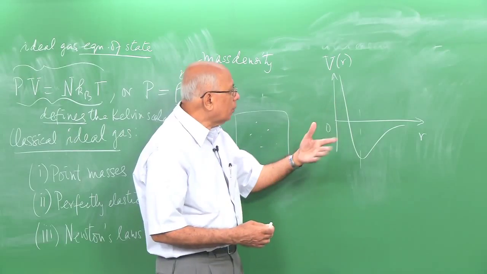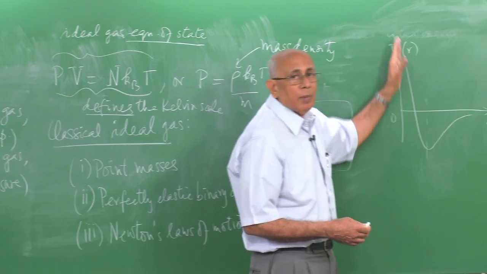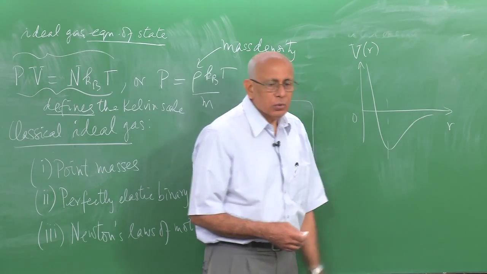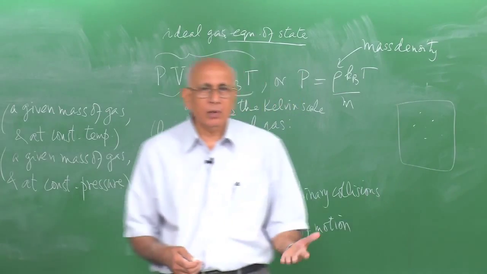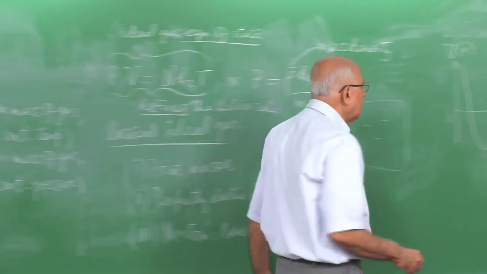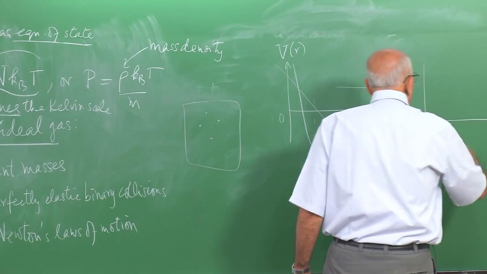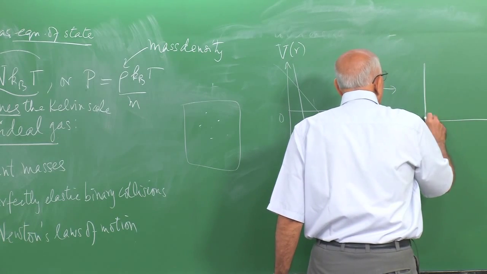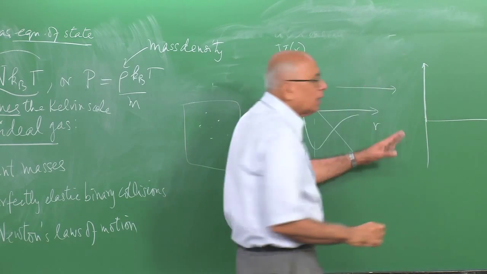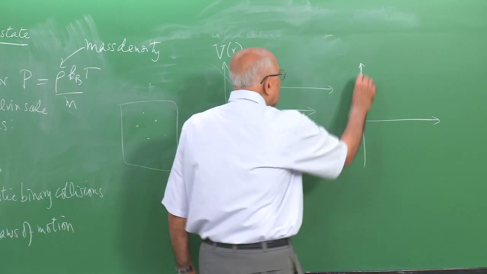And we also saw, I pointed out, that one simple model would be to say that this goes like 1 over r to the power 12, goes to infinity like that as r goes to 0, and that decays to 0 like 1 over r to the 6, called the van der Waals force or potential here. Now, this thing is replaced by the assumption that you completely neglect the attractive force and the repulsive force acts only at the origin, namely point forces. So the potential is plus infinity at r equal to 0, and it is 0 everywhere else, and that is the graph.